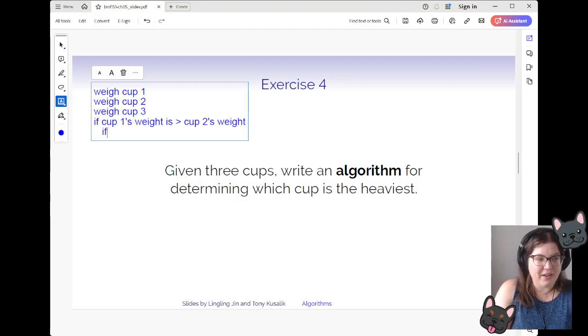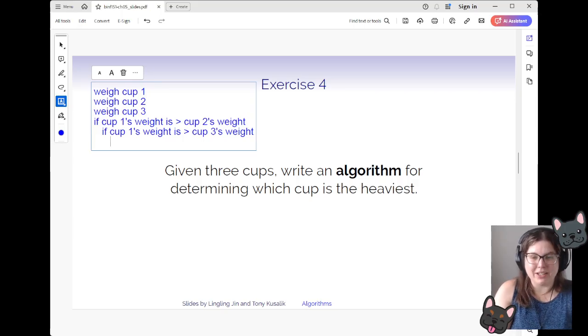And then we could say if cup 1's weight is greater than cup 3's weight, and then we'll indent it again. This is something that we call nesting. We'll get into more details about it later. Then we're going to say cup 1 is heaviest,